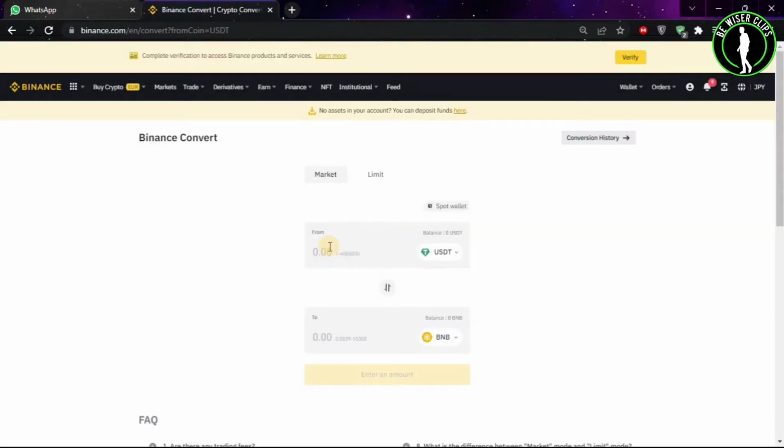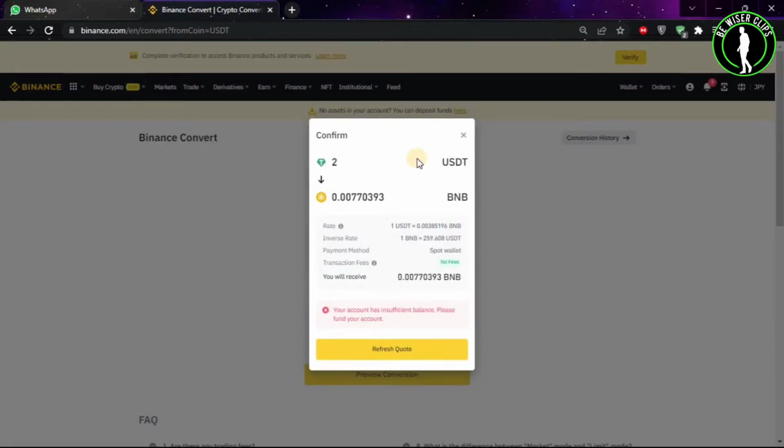So guys, now you just have to put the amount you want to convert. Let's say you want to convert 2 USDT, then you will type 2 and then choose preview conversion. After that guys, it will show you how much your 2 USDT are worth in BNB. And if you have the sufficient funds, then you can convert the USDT to BNB by clicking on this